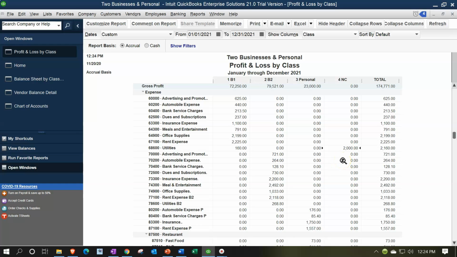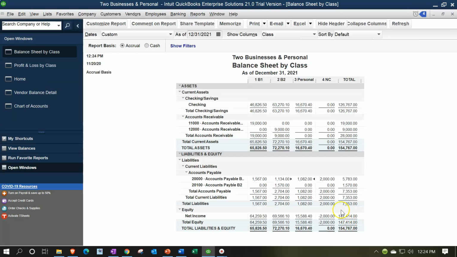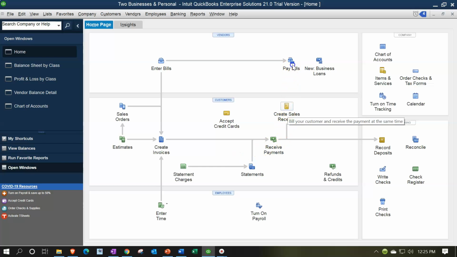So when I do, I'll go back in there and I'll allocate it out. On the balance sheet side of things, we have this amount in the accounts payable once again in the not classified section. And now let's pretend that we paid the bill and then we want to go in here and classify it. So let's say we pay the bill now, and that will move it from here up to the checking account. If I go to the home page, and then I'm going to say that we're going to pay this thing, pay the bill,